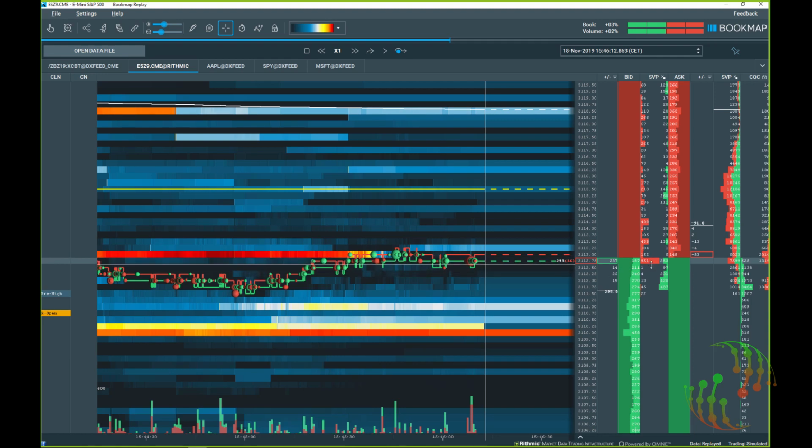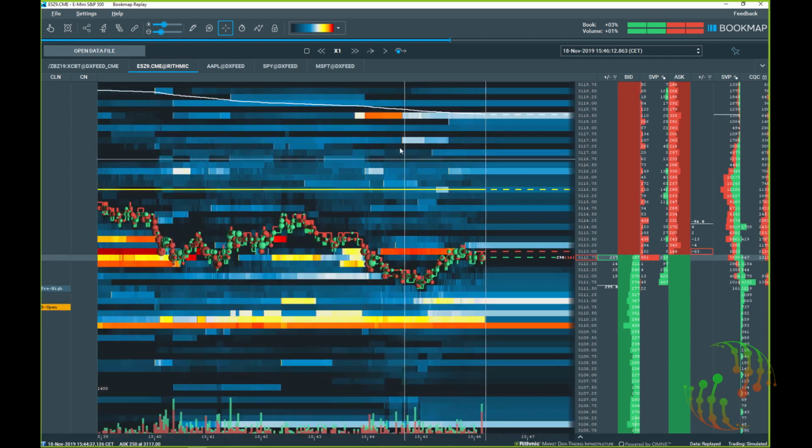Colleagues, it might be scary because we are not used to using this information. But have a look at what is happening. They are trying to sell 950 contracts into 12 and 3/4, 12.75 here. Look at the pulling and stacking, the quotes delta. They are selling, they are adding, they are selling, they are adding.